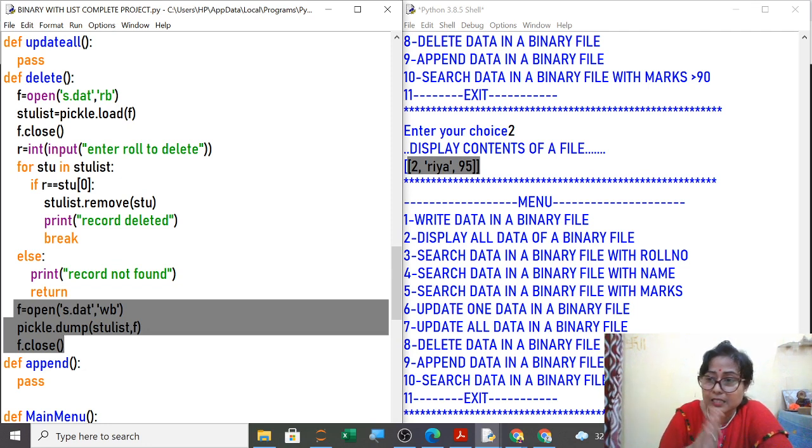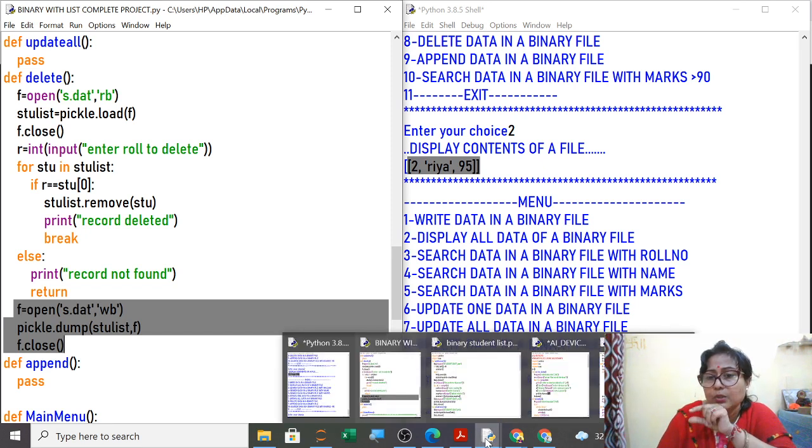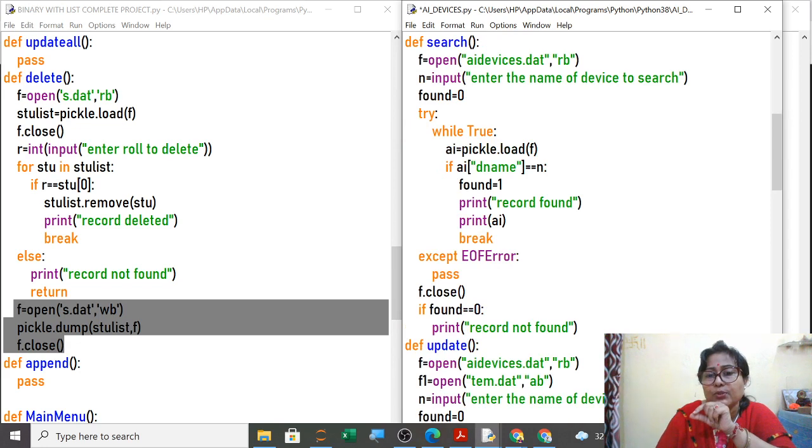And in the last class we did the renaming method, where in a temp file you write all the records except the deleted record, which you skip using pass. So compare the two like this. I will show you the delete.